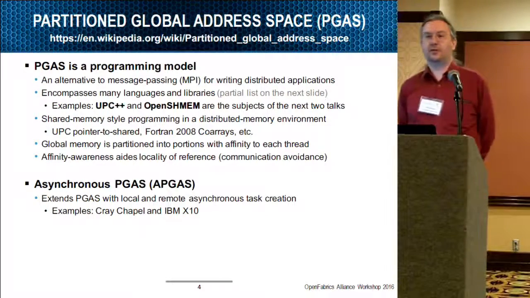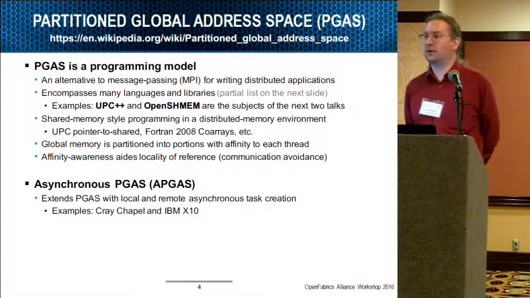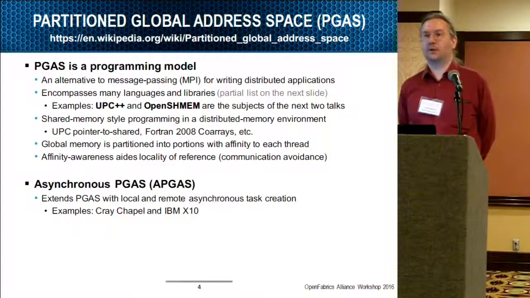In the case of Unified Parallel C, which is abbreviated UPC, this shows up in a pointer to shared. So it's a dialect of C, and there you have a shared keyword that you can attach to pointers, and then these pointer types can span between the nodes, but you dereference it the same way you would any other pointer, and you have arrays as well. Fortran 2008 introduces coarrays. Those are arrays that also span nodes, and in that case you have a slightly different array syntax notation for one or more of the dimensions that are known as codimensions as you walk across the arrays. And of course, many different variations, there'll be a longer list of these in the next slide, provide many different ways to expose this PGAS programming paradigm.